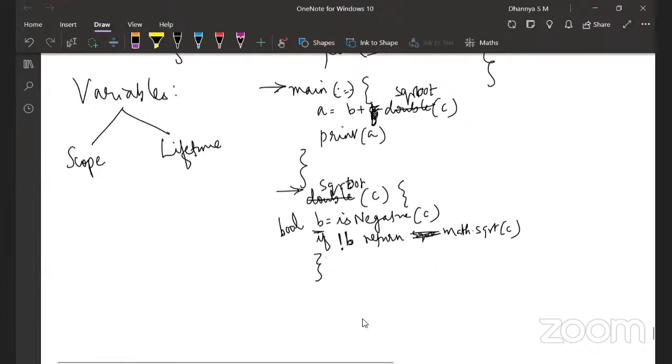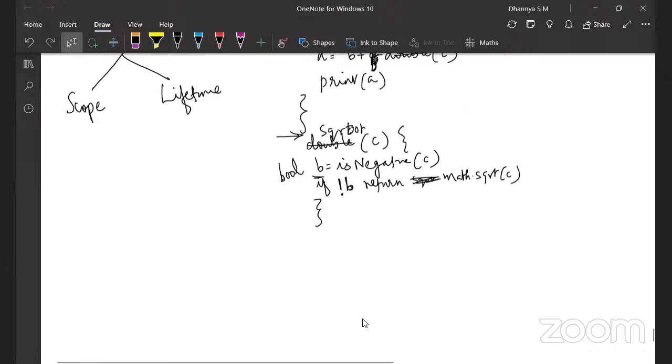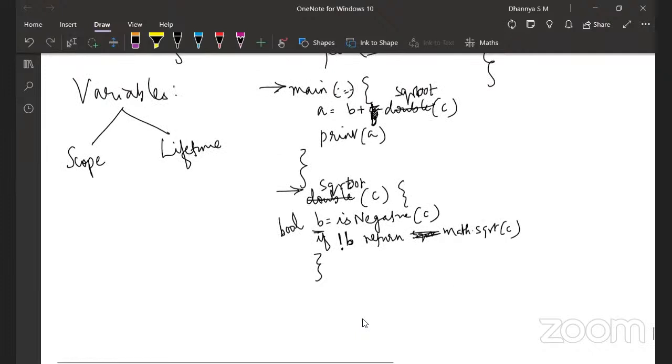What is this method, ma'am? Is it a function? Yeah, it's a function. Methods, functions are all synonymous. You can use them as synonymous. There are subtle differences, but you can forget it.